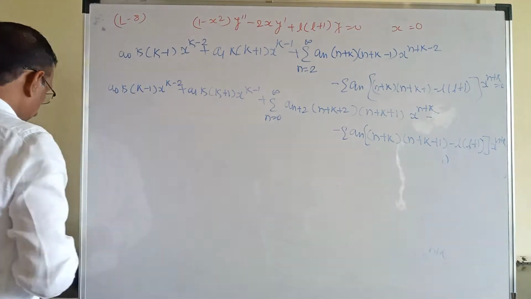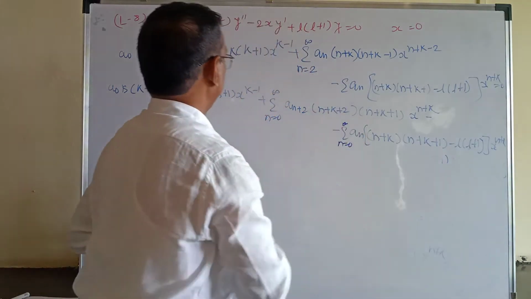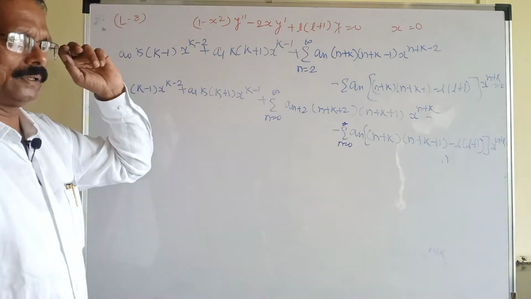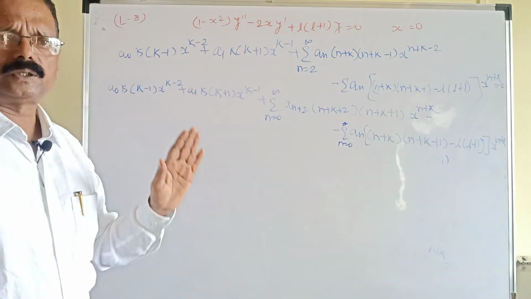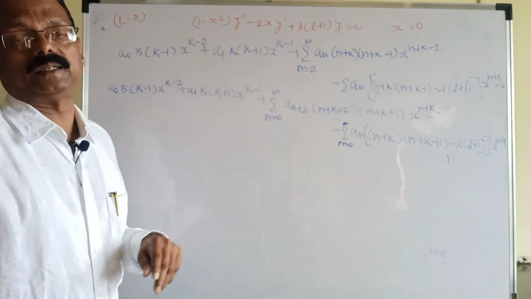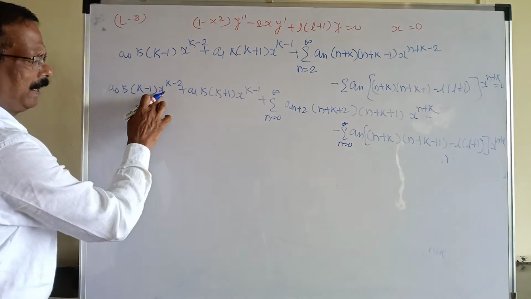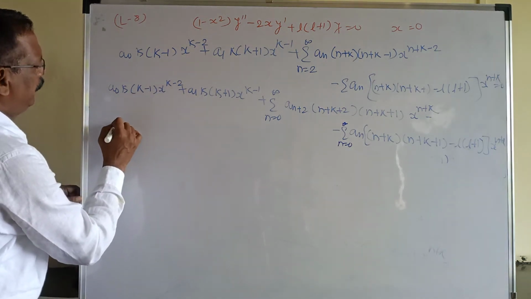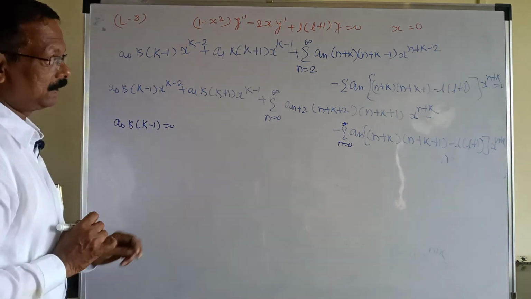Now what have we tried here? Here n runs from 0 to infinity. This is the power series solution for the given Legendre differential equation; the left hand side is the power series solution, and the right hand side is equal to 0. This equation is true only if the coefficient of every power of x vanishes. So for x raised to k minus 2 vanishing, the coefficient is a0 into (k minus 1) equal to 0. We get this equation.